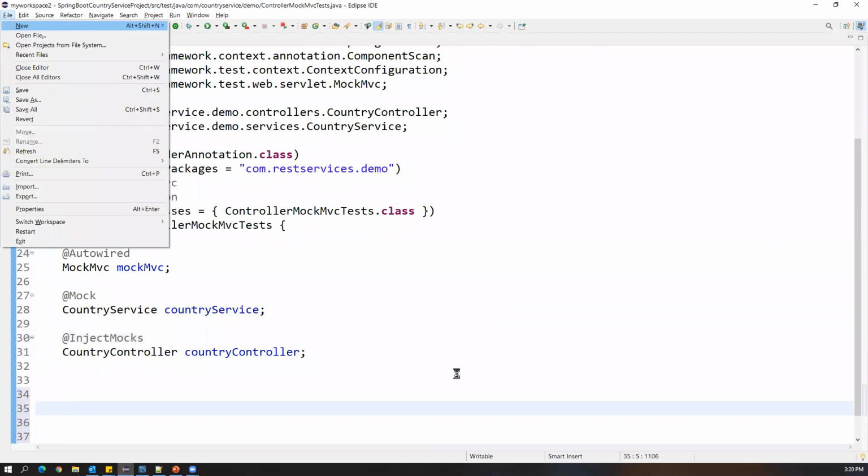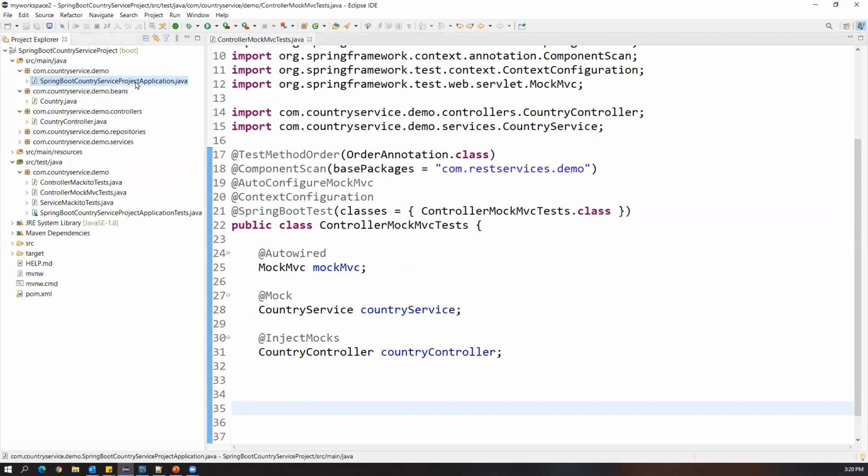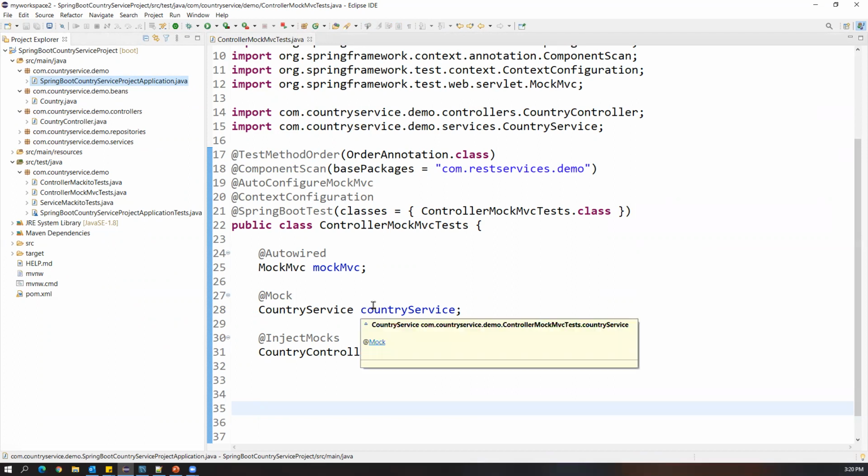And before writing the test methods, let us say we will write 5 different test methods like get all countries, get country by ID, country by name, everything. So before executing every test method, we have to set something called country controller. Actually, the country controller method we are not going to execute, but before calling every method, we need to do some kind of setup. Okay, that we need to set up by using mock MVC builders.